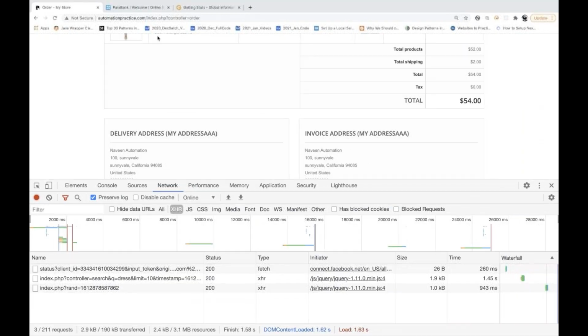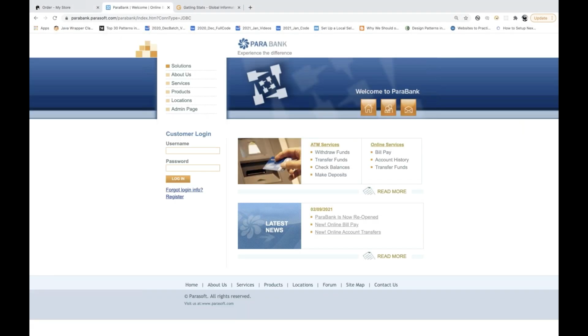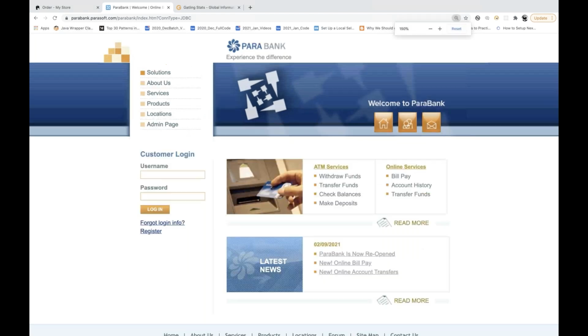I have taken one really good application, guys, so that we will understand it better. This is a simple Parabank application, a dummy application for banking. I have already created the username and password. So what I'm going to do is show you one positive scenario and one negative scenario, and in the positive scenario, how exactly we're updating the data from Gatling.